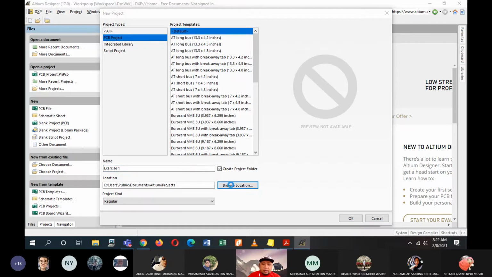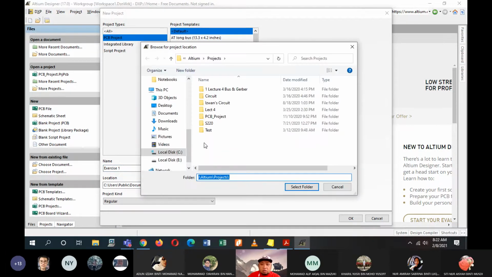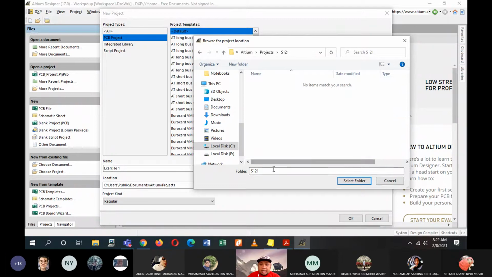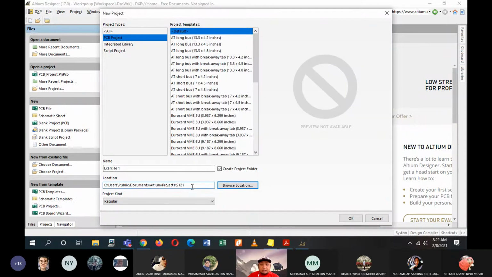So for me, I'll go into this location that I've been using before. I'll just create a new folder for semester 1 2001, and then I select this folder where this file of exercise 1 will be saved.